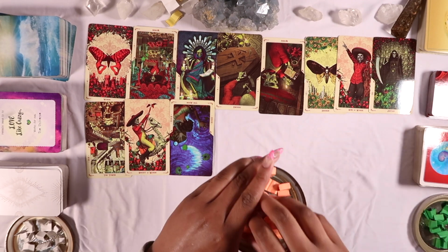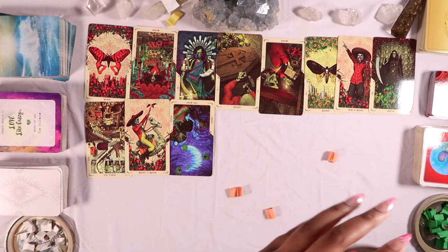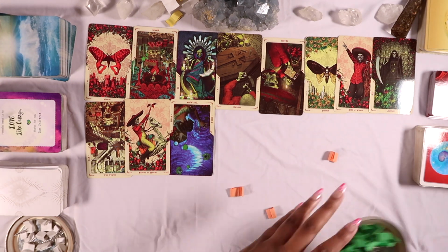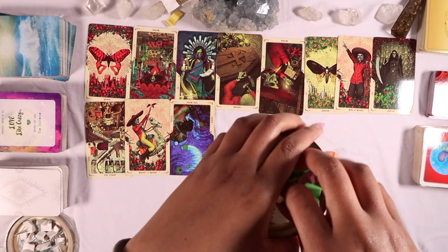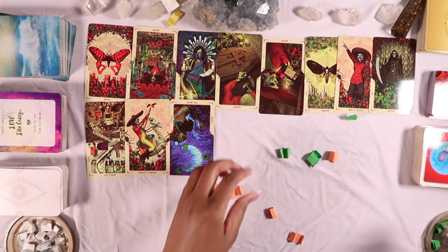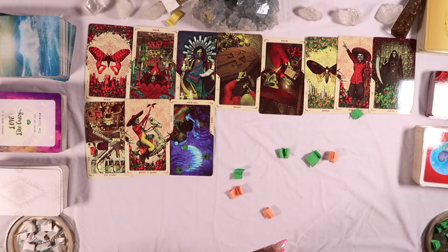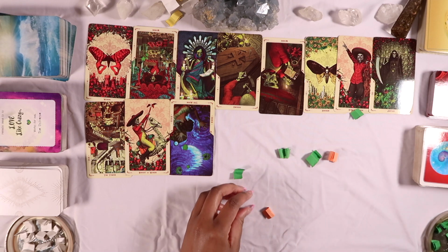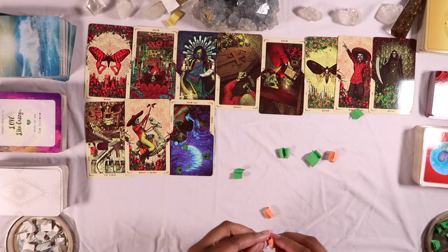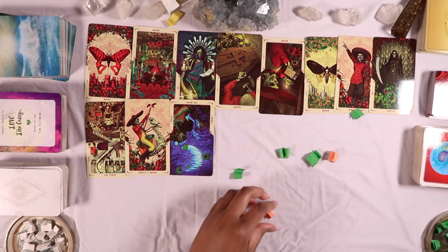Let's jump back into what they look like though, real quick, and then we'll see what the relationship's gonna be like. Their skin tone and their hair next. All right, so for skin tone, we have brown skin, light brown skin,